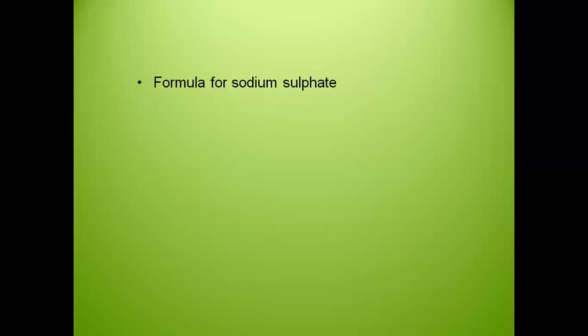I want the formula of sodium sulfate, which I assume the majority of you might have already written in the chat box, and there is some problem with my chat box. Sometimes it appears on the screen, sometimes it disappears. So I'm not able to see your answers, but at least you can check for yourself. Let me give you the answer for those who did not get it. For those students who are not able to understand what exactly is happening in the class, everybody turn to your textbook page number 56, or, if you've made the chart, refer to that chart of the ions and radicals. From that, locate sodium. The sodium symbol is Na, and sulfate.